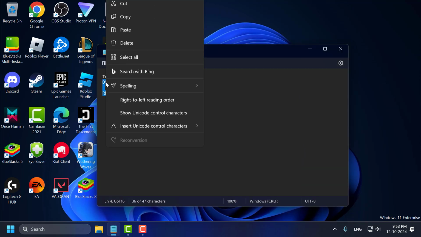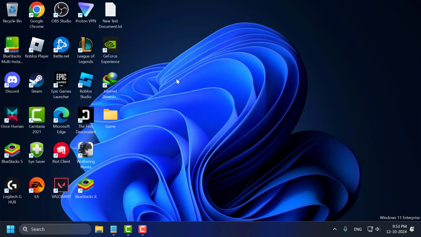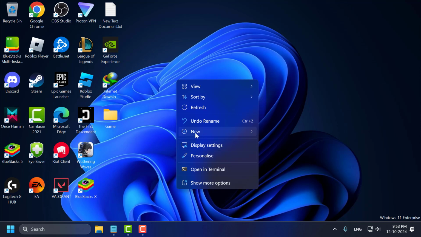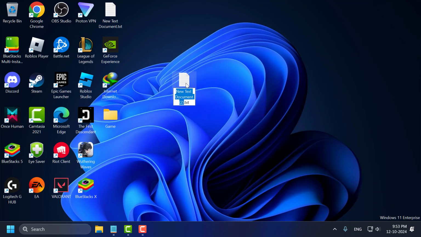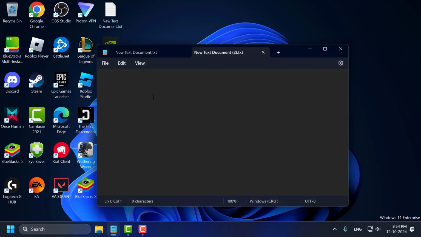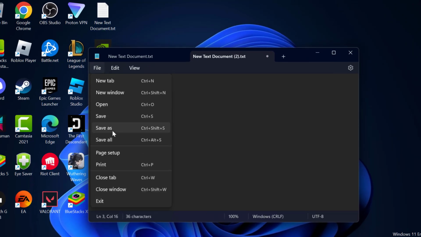Just copy the text, and after copying it, right click on the desktop and select New. Select Text Document and now open this text document. Paste the text we copied. After pasting it, select the File tab and select Save As